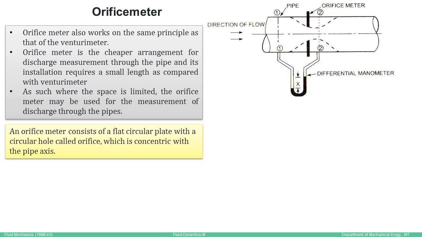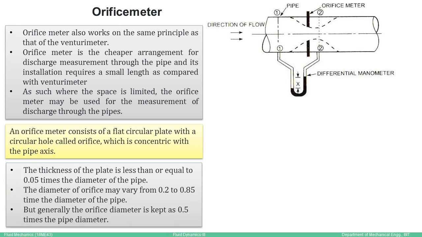here also. Section 1 is at the inlet section, where it is not influenced by the orifice, but during its flow the flow converges. As you can see with the dotted lines, the flow converges when it passes through the orifice, and the minimum cross sectional area of the jet will not be exactly at the orifice but some distance downstream. So point 2 is identified at that point where the jet area is minimum and the velocity is maximum, and that cross section is called the vena contracta.